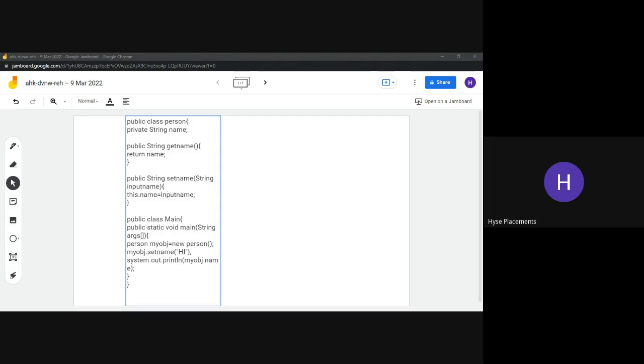I shouldn't directly get my obj dot name because it is declared as private. I cannot directly use that here. So instead of that, I have to use the getName method, which gives me the value of this input name, whatever I've entered as hi or something. Okay,